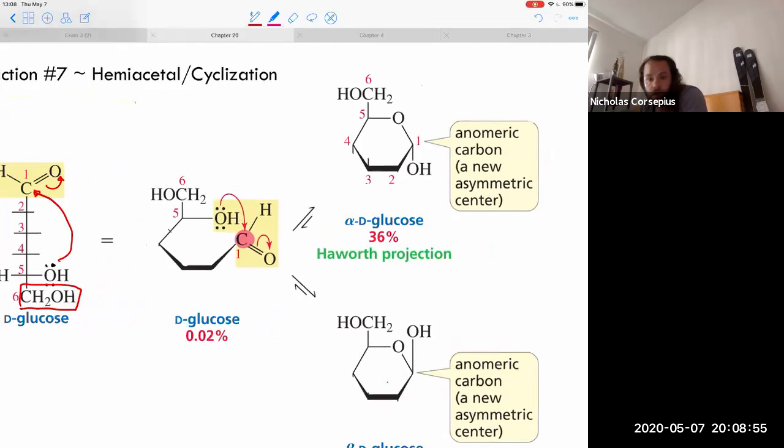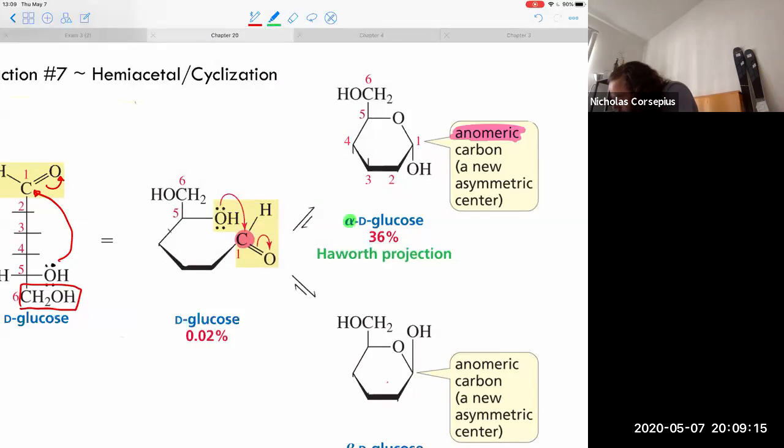And you can't control which one you're going to get. So first of all, we had a special name for this carbon. This was our anomeric carbon. The anomeric carbon is the one that used to be the carbonyl carbon. And you can't control what the stereochemistry is going to be, so you're going to get a mixture